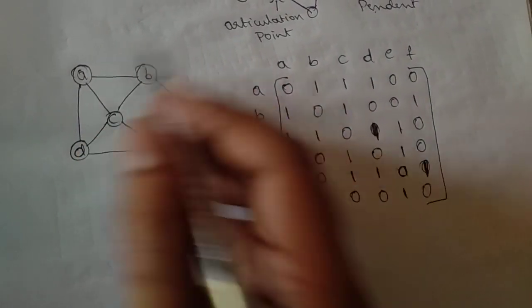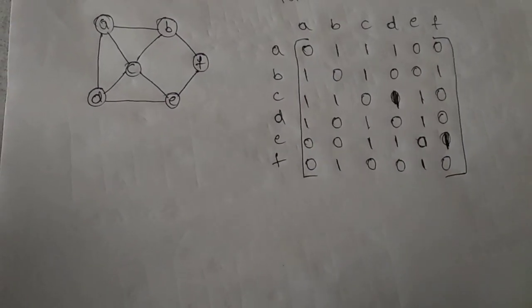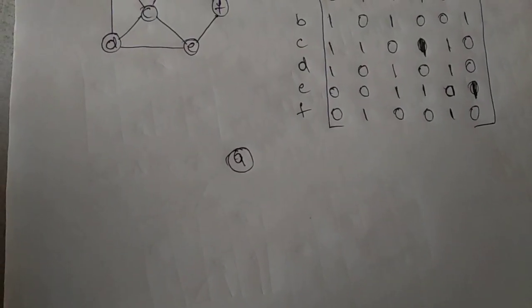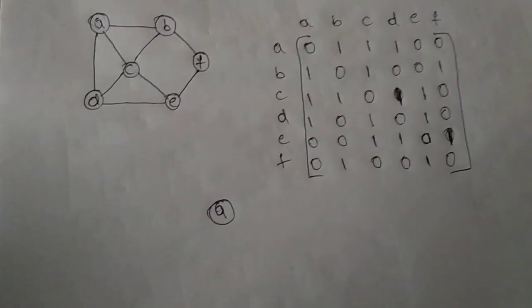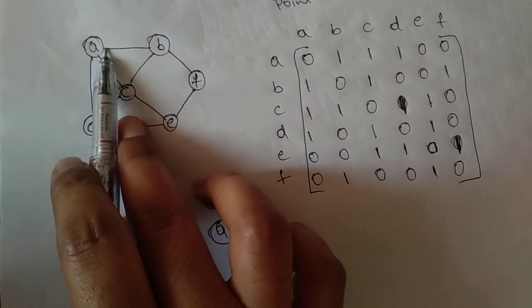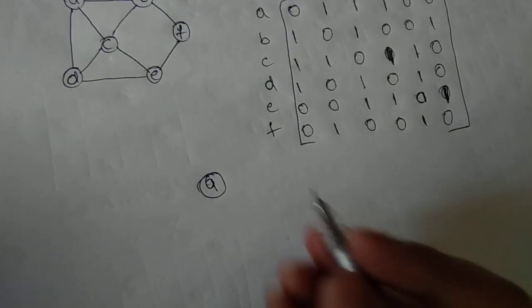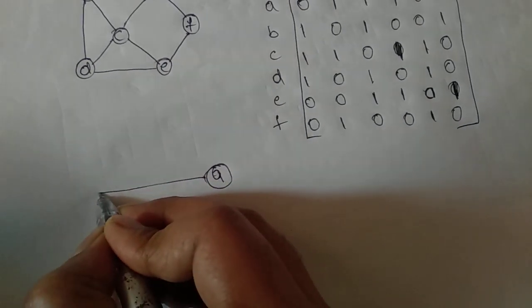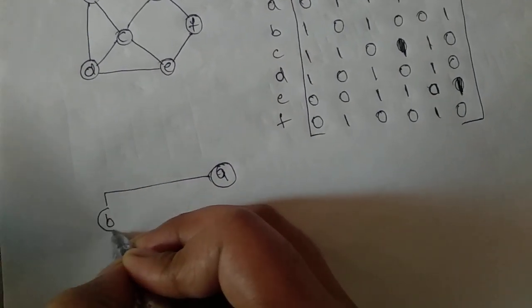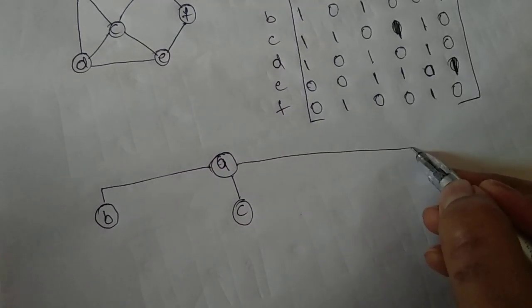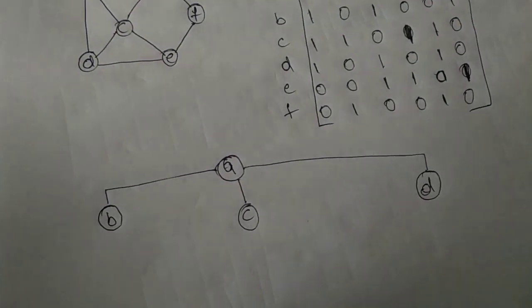Now, I'll take A as the source vertex. If source vertex is not given, as usual, you have to just take the first vertex as the source vertex. Okay, I'll start from A. Always remember, in backtracking you have to construct the state space tree. From A, where can it go? From A, it can go either to B or to C or to D. So, I'll be having 3 different paths over here.